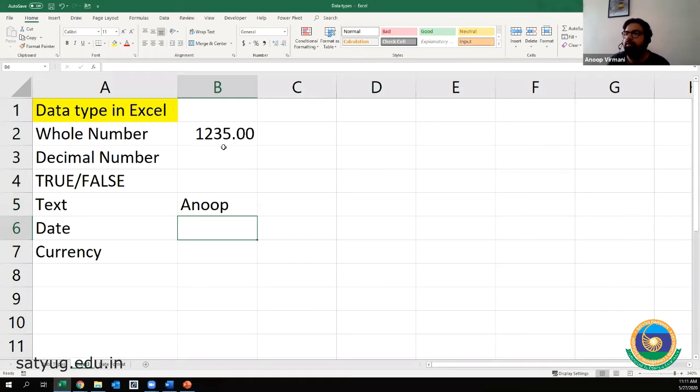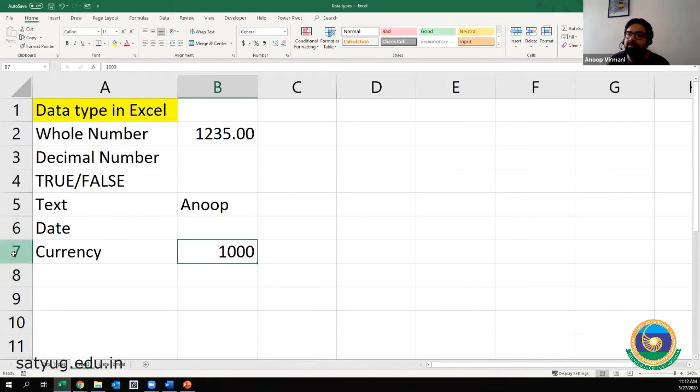Okay, now let's go with the currency. I say 1000, but as soon as you enter it, everything will default, as you're seeing, it will always be General. So it is all on you to decide what your data is, how it is working, and how you treat your data.